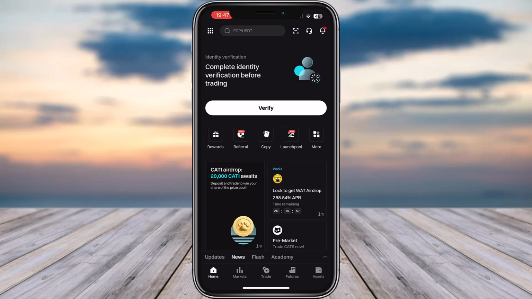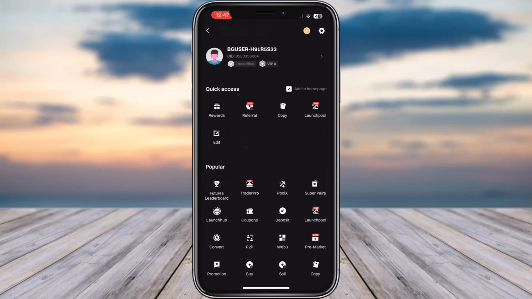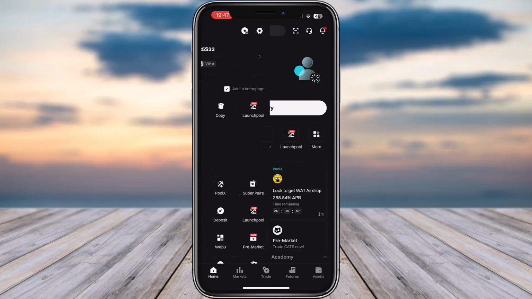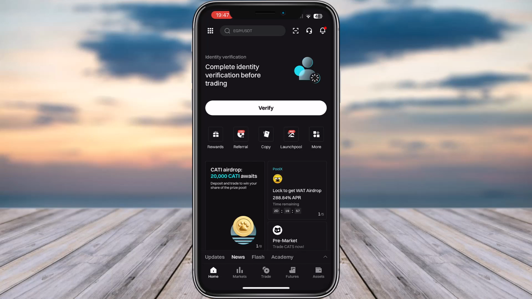Then go to this menu icon on top left, and you can see I'm already registered and signed in. To register my account, I'll simply have to verify, for me to access all the specifications as well. But if you simply want to open your account, then all you gotta do is open up